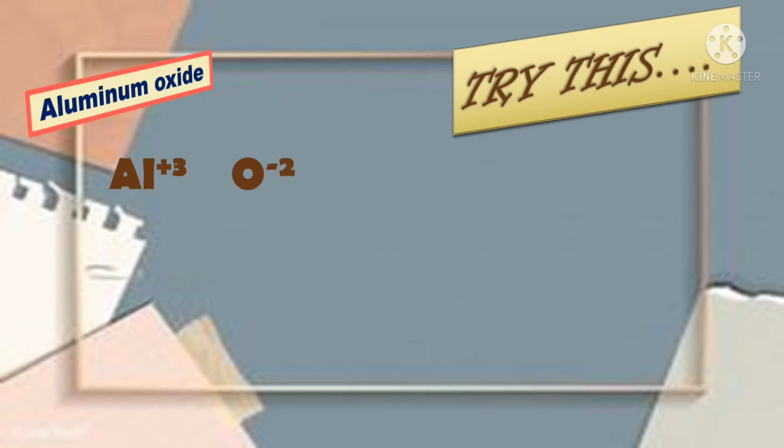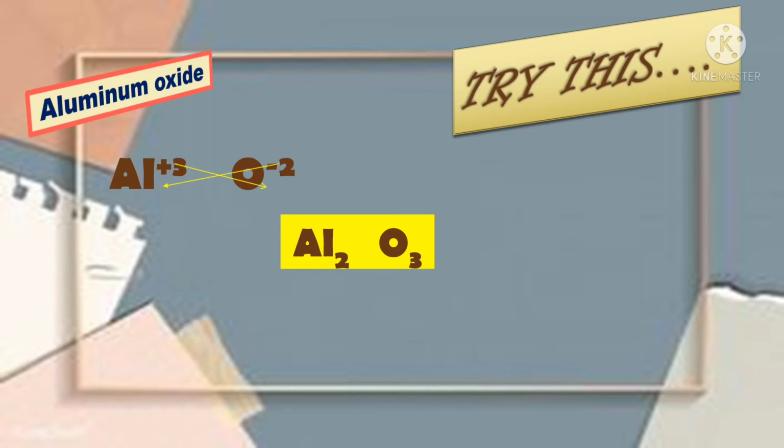You have to do it also with your oxygen as a non-metallic element with a negative oxidation number of negative 2. Okay, make it also as its superscript. And then what are you going to do next? You have to follow this crisscross method. Okay, so you have to transpose this superscript of positive 3 to a subscript of oxygen. Also with the superscript of oxygen, transpose that one as a subscript of aluminum. And there you go,